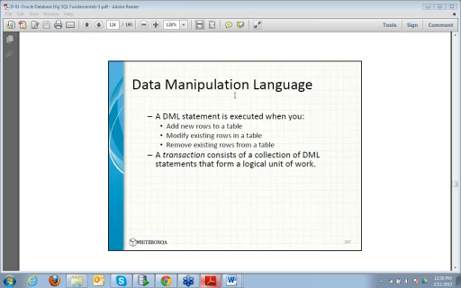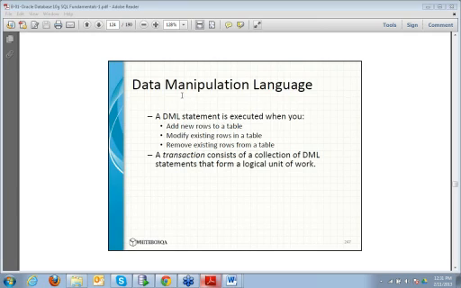You can add new rows, you can modify the existing rows, or you can remove the existing rows. So there are three ways. We use insert to add new rows, update to modify, and to remove the existing rows we use the delete command.